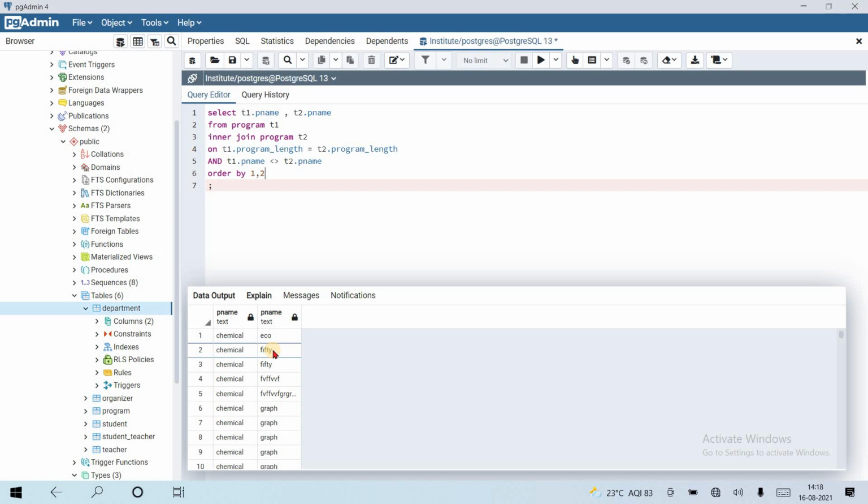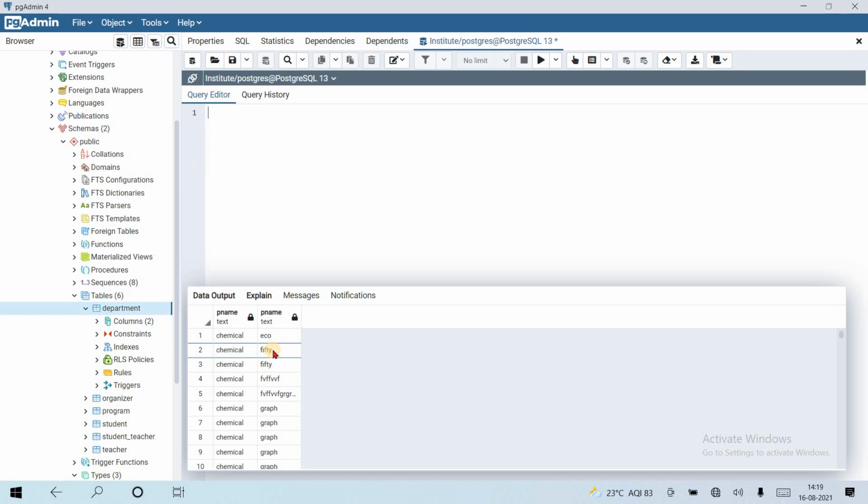Okay, let's see how we can query hierarchical data using self join. Get all the teachers and programs. Suppose we want teachers and programs, so using a self join, how can we get this? No, not using the self join, we need to join multiple tables here. So let's join. We want teacher name.